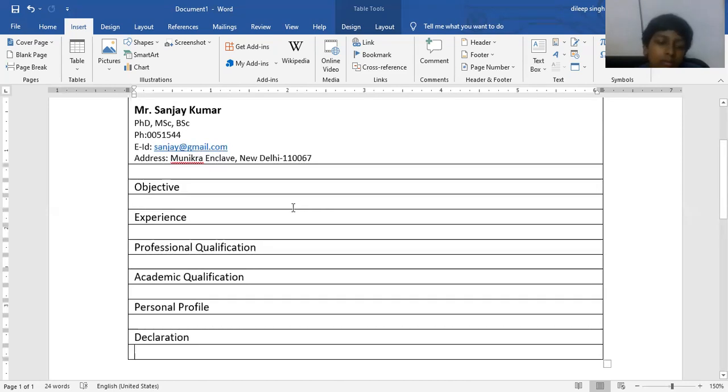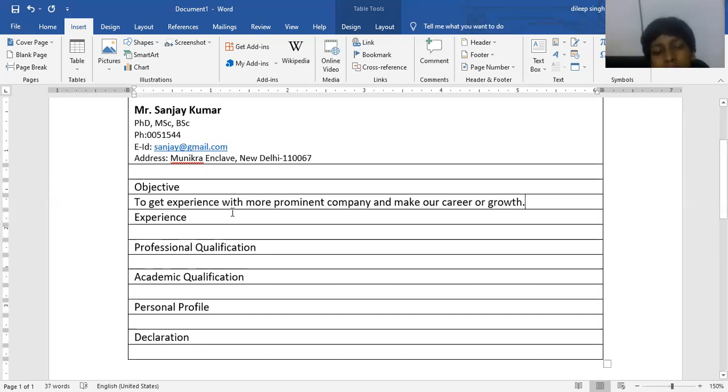After inserting all the format, we just add the content one by one. For example, what's your objective? So you just type your own objective. I'm just trying to type here only a sample. So we just want to get experience with a more prominent company and make our career or growth. You just type this, it is your objective.